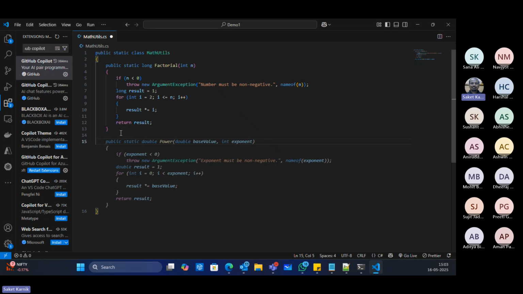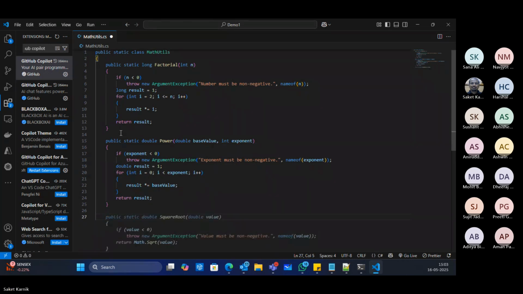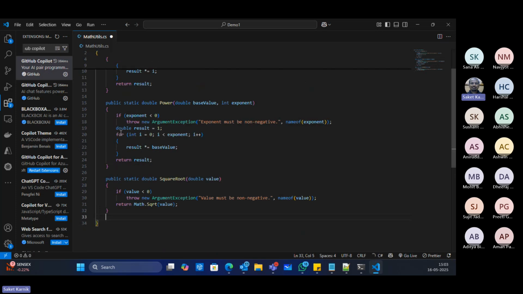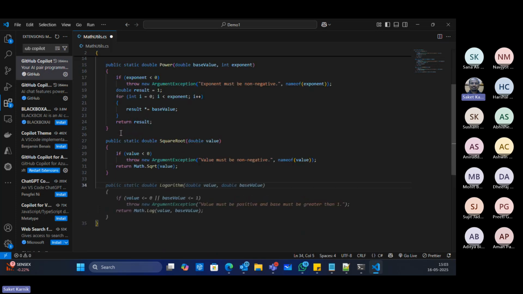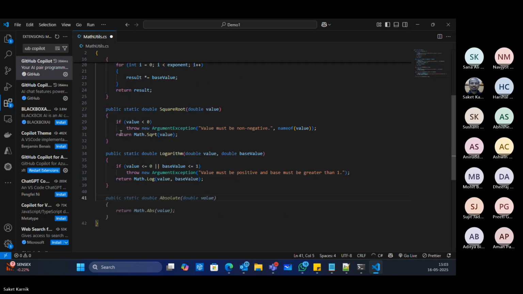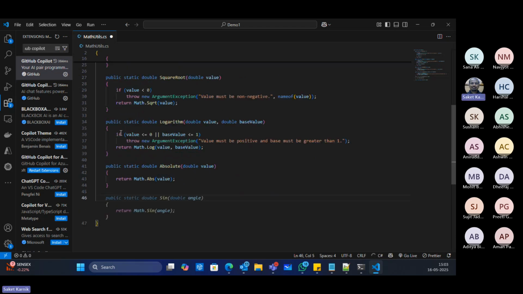If you are okay with this, just press tab, it will automatically complete this. See, square root also it suggested by default. If okay, say take it. Logarithm, take it. Next is absolute value, sign and so on. If I don't want to accept that, I just press the escape key.